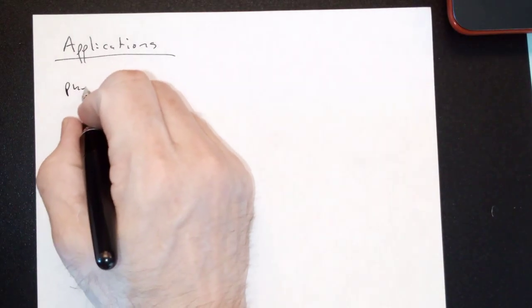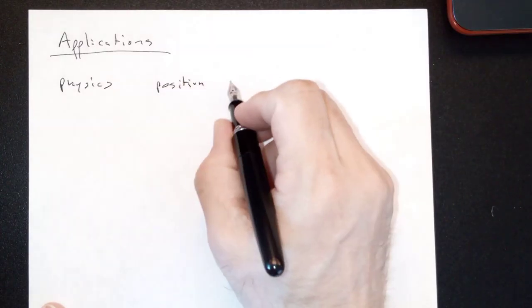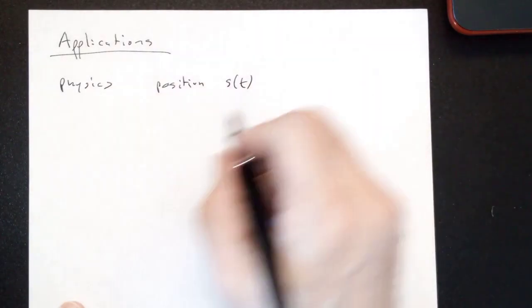Derivatives were developed primarily to figure out the mathematics necessary to do physics. So let me start there. We already have a bunch of particularly named derivatives. If I have a position function, s of t is where I am at time t, then the derivative of that